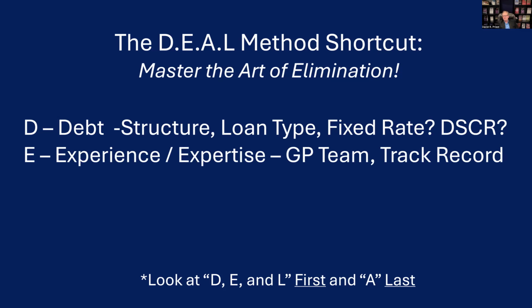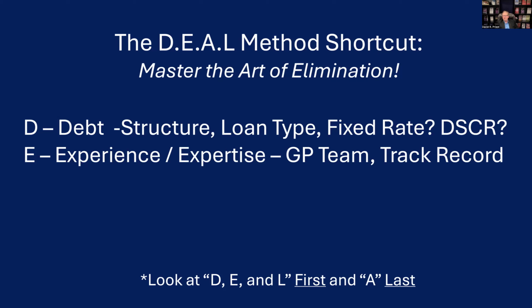Experience, expertise of the GP team, and the track record. There are 4 types of GP teams that I'm aware of. There are people that I already work with and I love working with. There are people that I have not worked with yet, but I definitely have them on my radar and I'd love to work with them in the future. There are people that I'm not aware of that I'm meeting in the business and I don't know about them or their business. And I have an open mind. I've got to get to know them and I've got to research it. And then there's people that I'm aware of that I don't like, or they're incompetent, and I don't feel like they're people that I want to work with.